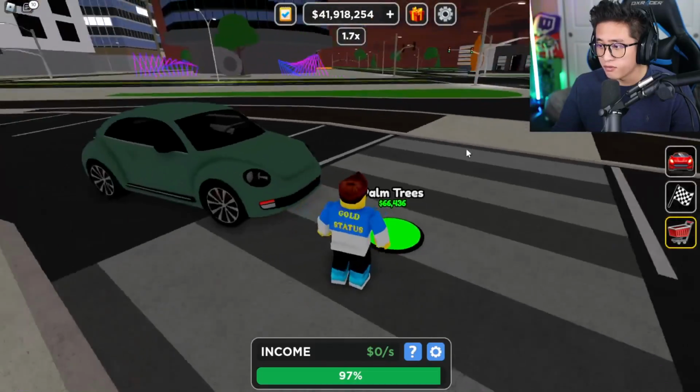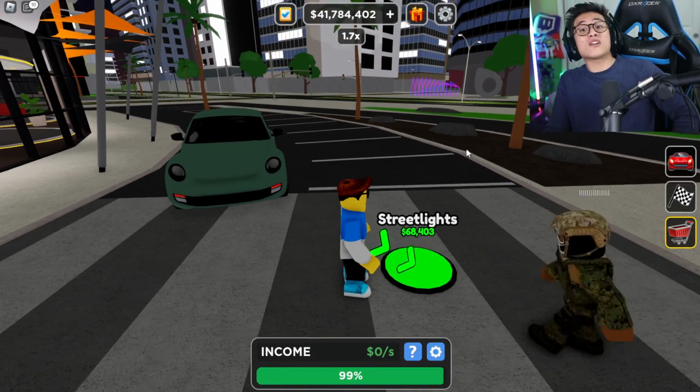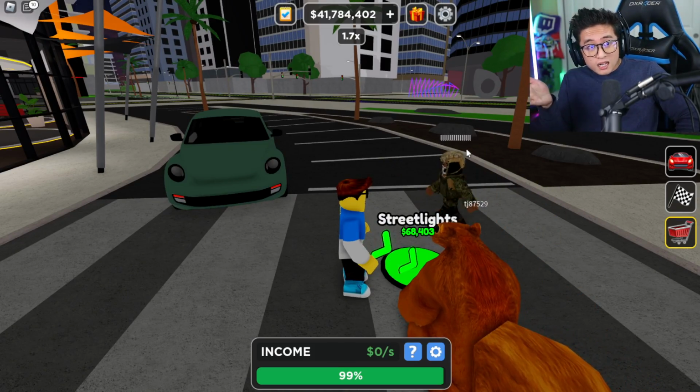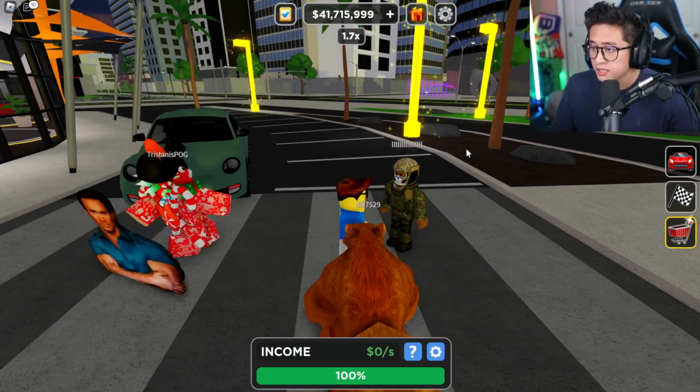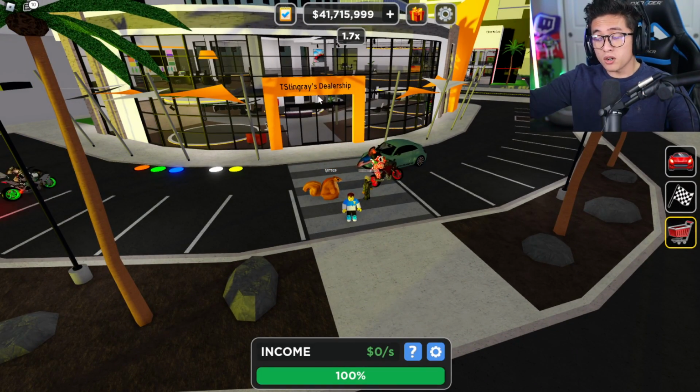Parking spot for 65, and palm trees for 66. Some rocks for $67,000. My boy, for some rocks. Okay, you know what? It's fine. Street lights. Jesus Christ. Okay, 100%, and our dealership is finally built, and we are left with